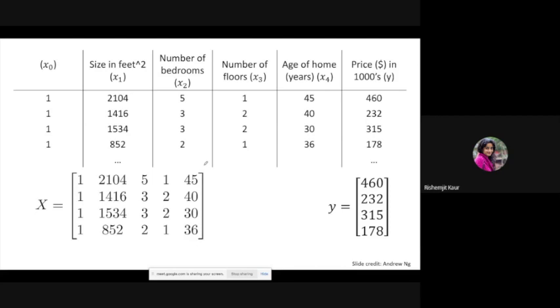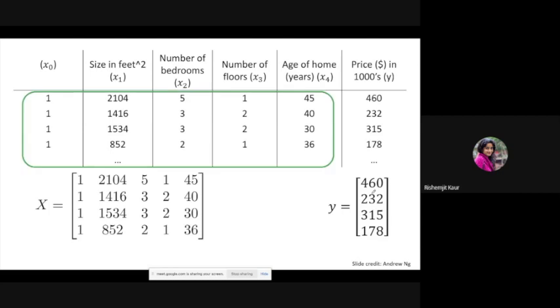So let's say here this is our data set, right? We have simply represented it in the form of x, which is now a two-dimensional matrix, where the rows define the examples, and the columns define your variables, your feature set, and this is your output. In the sense, here it is the predicted value of the price. So what we can do here is,